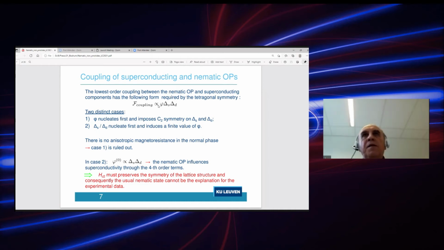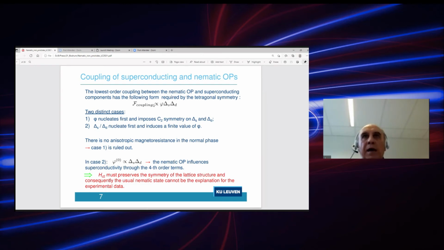This term can admix to the dominant superconducting component also some subdominant one, and together they define the nematic superconducting state, the combination. But this is not the case because we have phi equals 0 in the normal phase. Another possibility is that